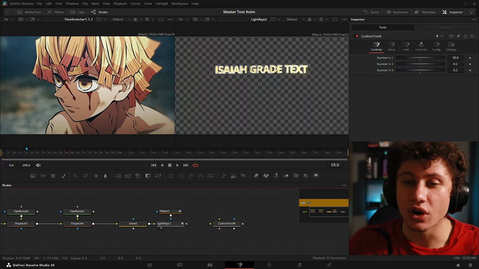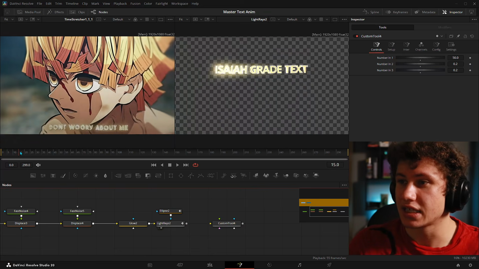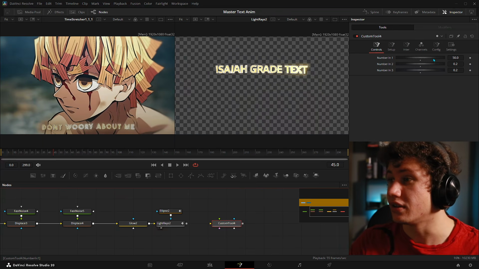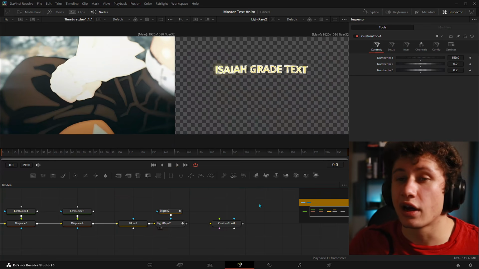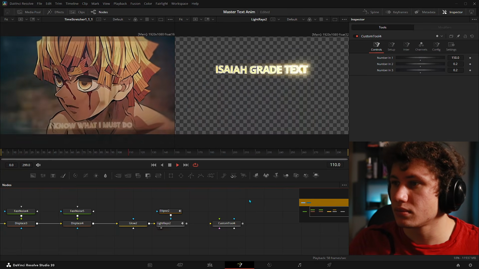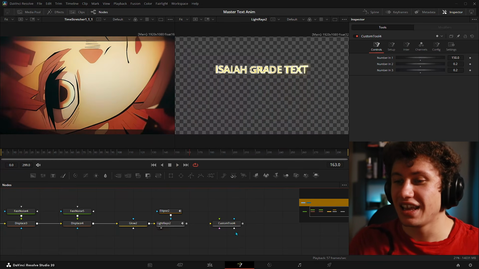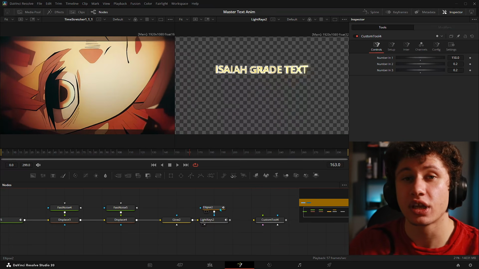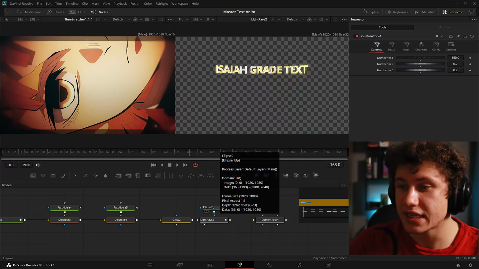Pretty cool, considering you can always get this to animate exactly how you want it to, no matter what you type in. And you can also control the animation length. So we could set this to 150, for example, and we would get something like this, which is pretty darn cool. Now, the very last thing we need to do before we can consider this animation finished is set up our